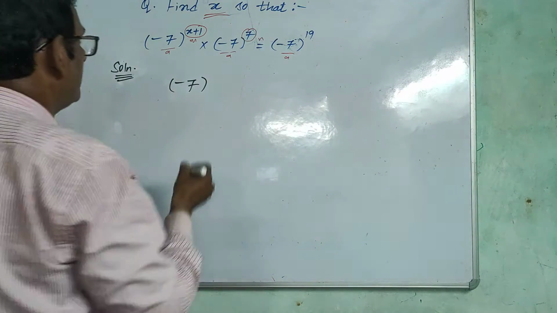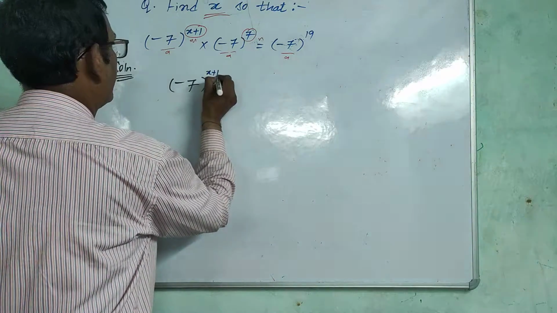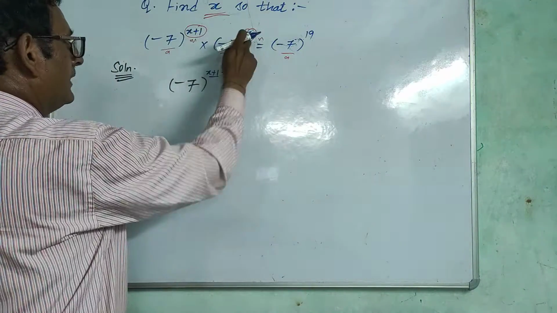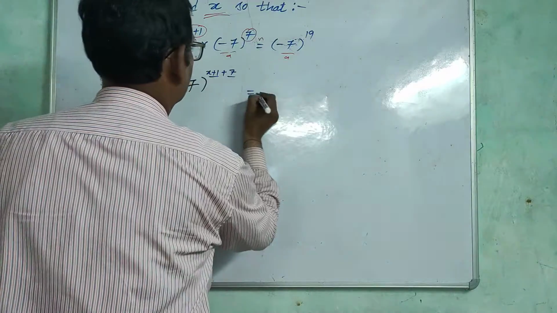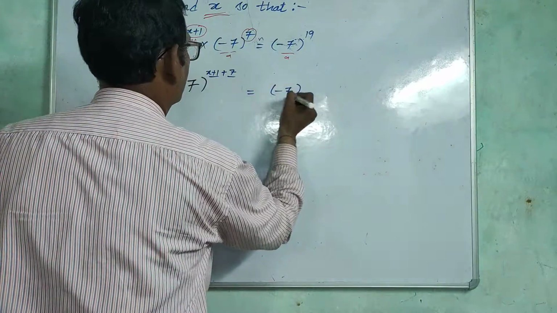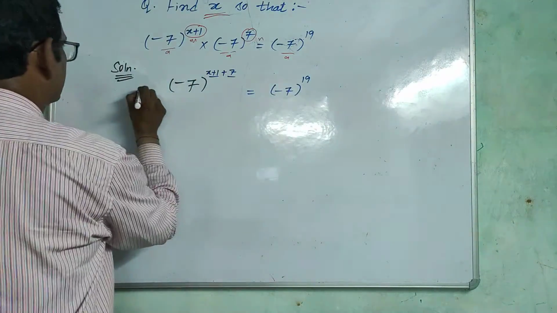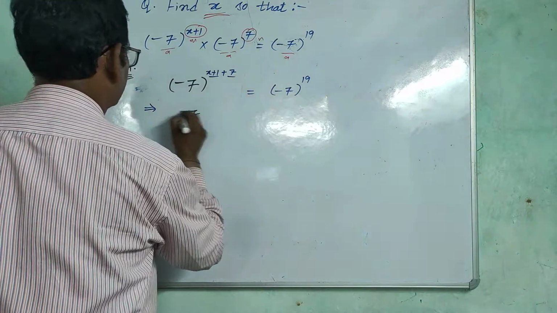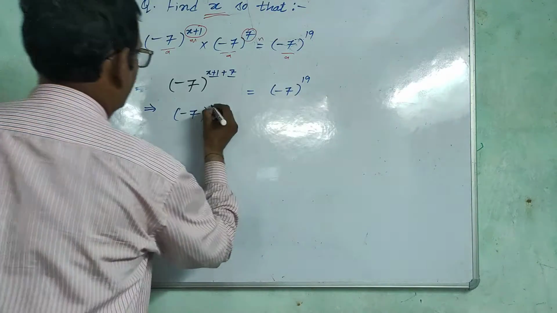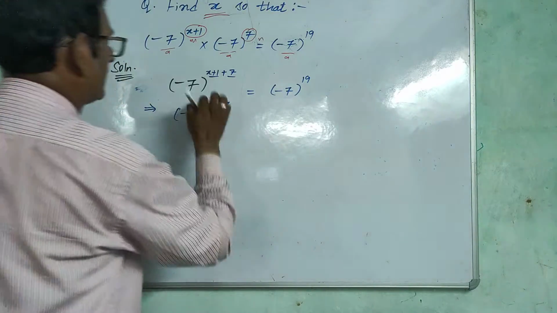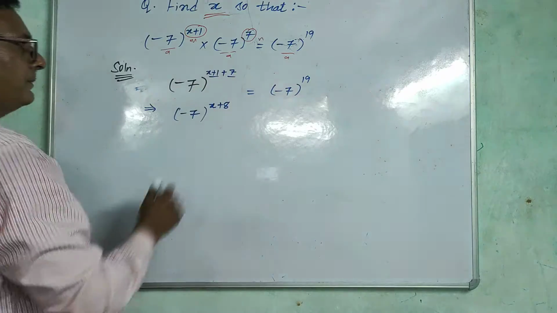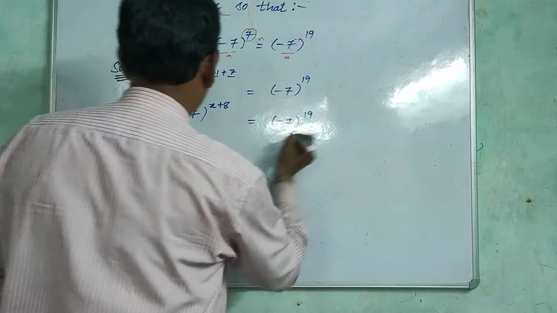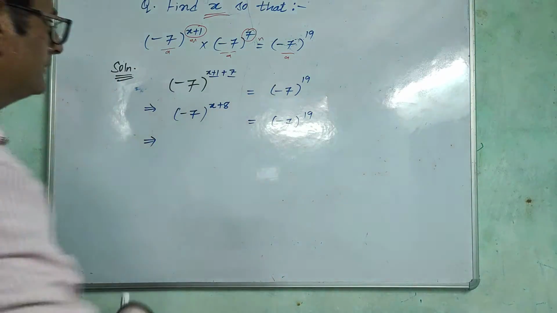So this becomes minus 7 to the power of x plus 1 plus 7. This x plus 1 is m and 7 is n, and this is equal to minus 7 raised to the power of 19. Next step, minus 7 as it is, this we combine, it becomes x plus 8. X plus 1 plus 7 is x plus 8, equals minus 7 to the power of 19, which implies,